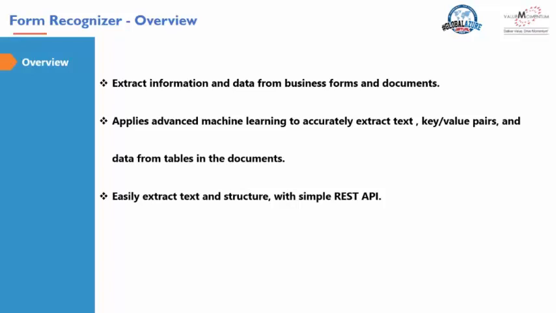When I say it extracts the key value pairs, what it means is it extracts information that is available, the key and the value part. For example, most of the forms capture information about the applicant of the form.